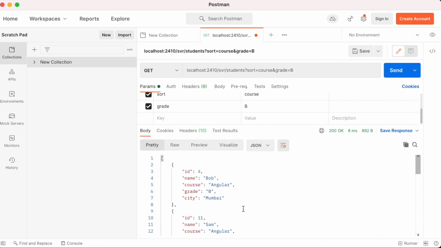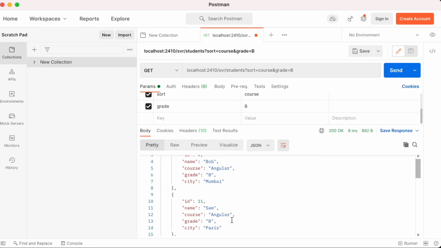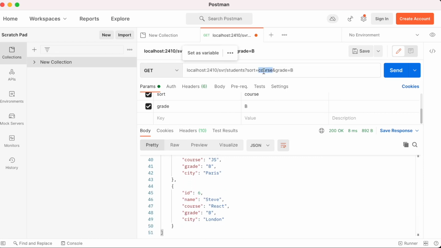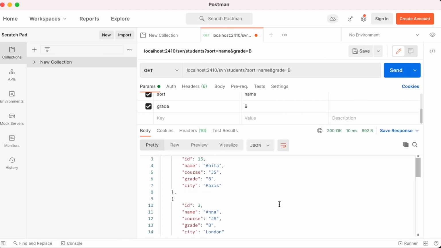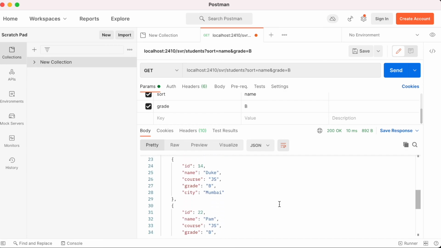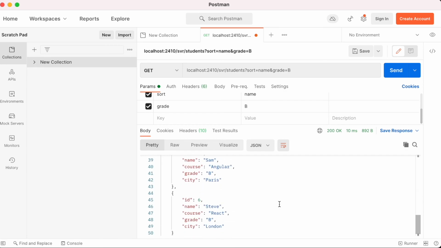So it is based on course, sorry. So we get Angular, JS, and then React. If we make it name, so we get Anita, Anna, Bob, Duke, Pam, Sam, Steve.